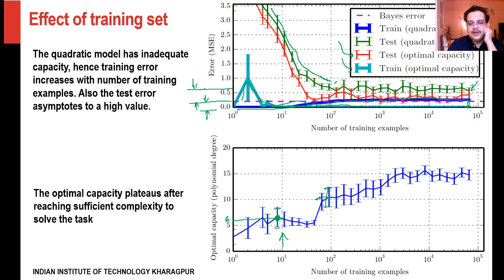After adding a certain number of examples, what we see is that regardless of how many more examples you add, the capacity at which I get the optimal error, or the minimum training error, settles down to some value. Here it's settling down to something around 15, 16. So around that value it is settling down. Then we know that the best capacity for this is the family of polynomials of degree 15 or 16.